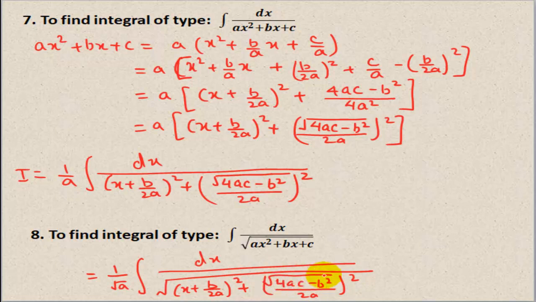So it will take one of the remaining 3 forms, which were the integrals in the form 1 over √(x² + a²), or 1 over √(a² − x²), or 1 over √(x² − a²). So once you write it in this form, you can directly use one of the results which we have discussed in the list 4 to 6, because it is under the square root. This will take any one of the forms 4, 5 or 6.